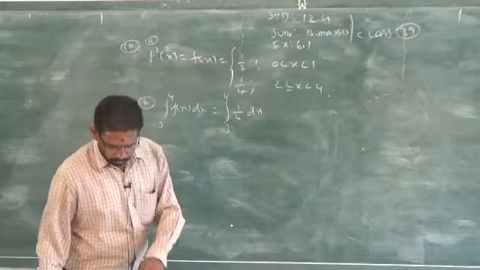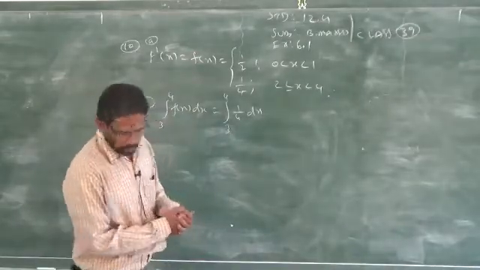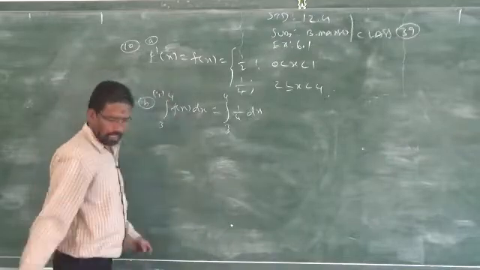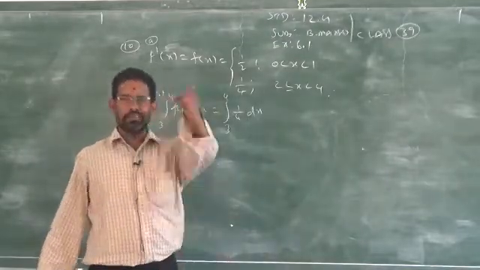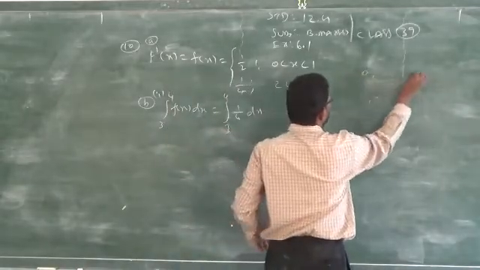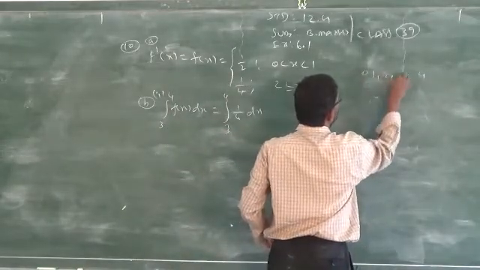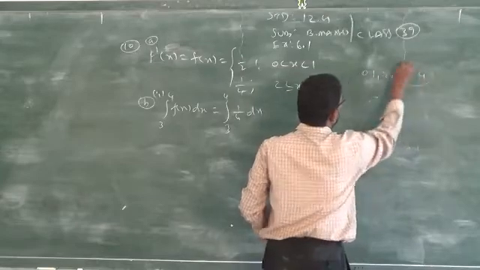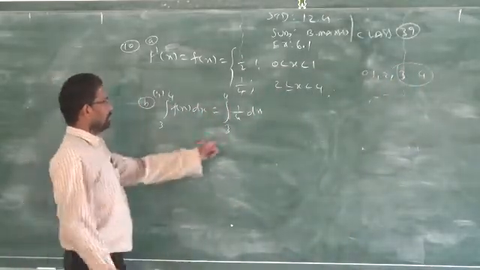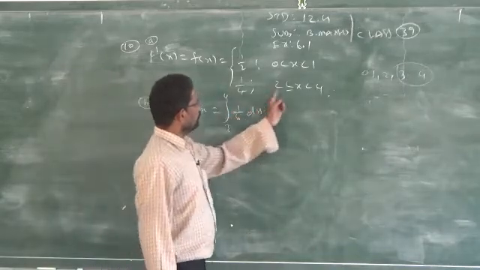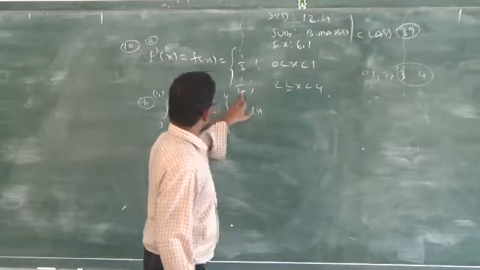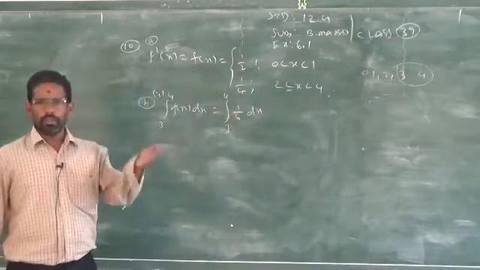Now, I have to find subdivision B. We have 3 subdivisions under B. First, you are asked to find the probability of more than 3 minutes. According to the question, the range is from 0 up to 4. So, more than 3 means you have to find from 3 to 4. That is why I am writing 3 to 4. Which interval does 3 to 4 come under? 2 to 4. So, the corresponding function is 1 by 4.